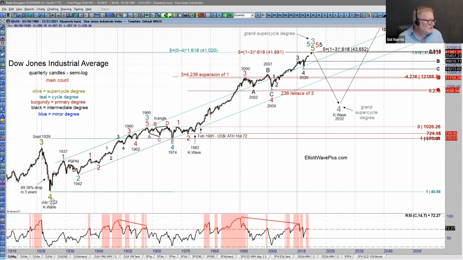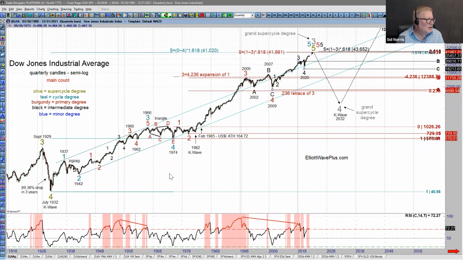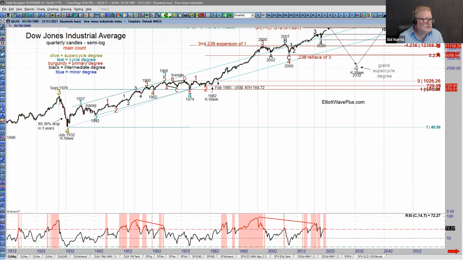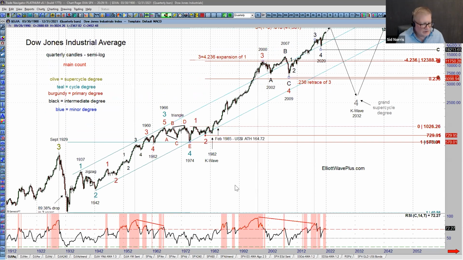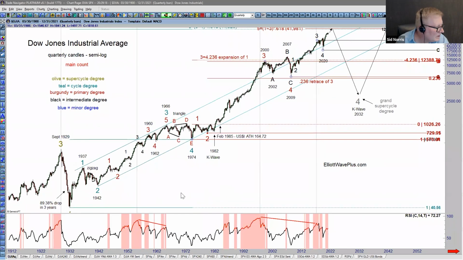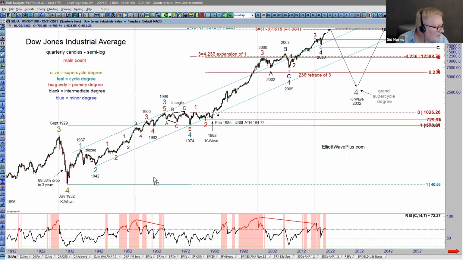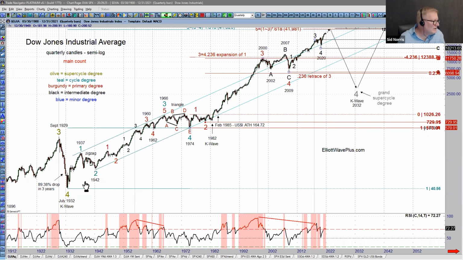Most Elliotticians are labeling the 1932 low as a super cycle wave 4 low. Most Elliotticians use data going back into Europe, back into the 1700s, and paste that on to the beginning of the Dow Jones Industrial Average data, which started shortly before the year 1900. And when one does that, then one can look at the internal wave structures after the 1932 low and set up some